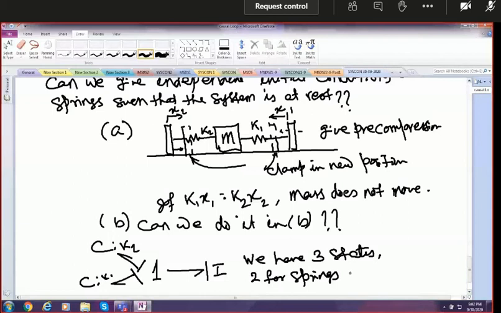Sir, why is it that we only compress it? Because even if we compress one spring and extend the other, like pre-expansion, as an initial condition, the spring is expanded, then it will balance in the second part also, like in part B. The problem arises if we compress. How to do that? That mass will rotate.